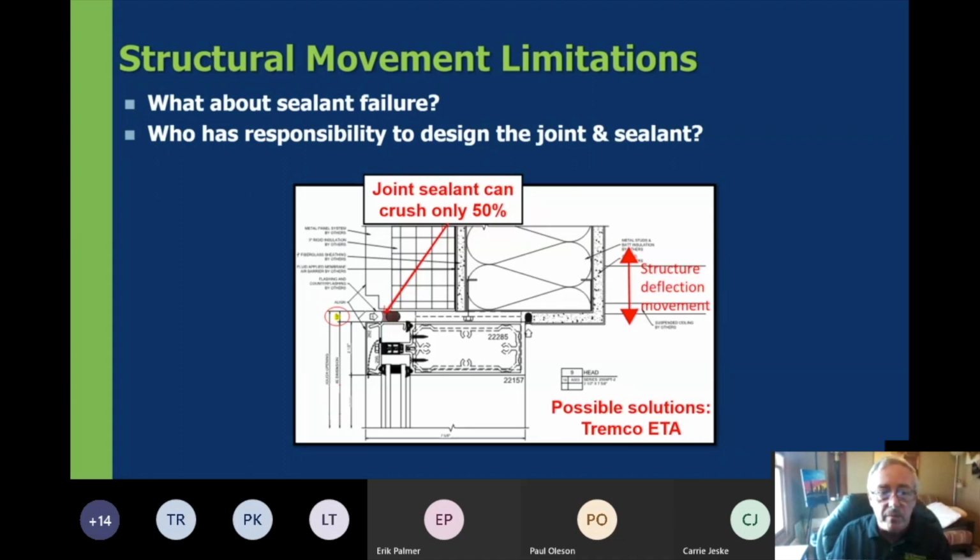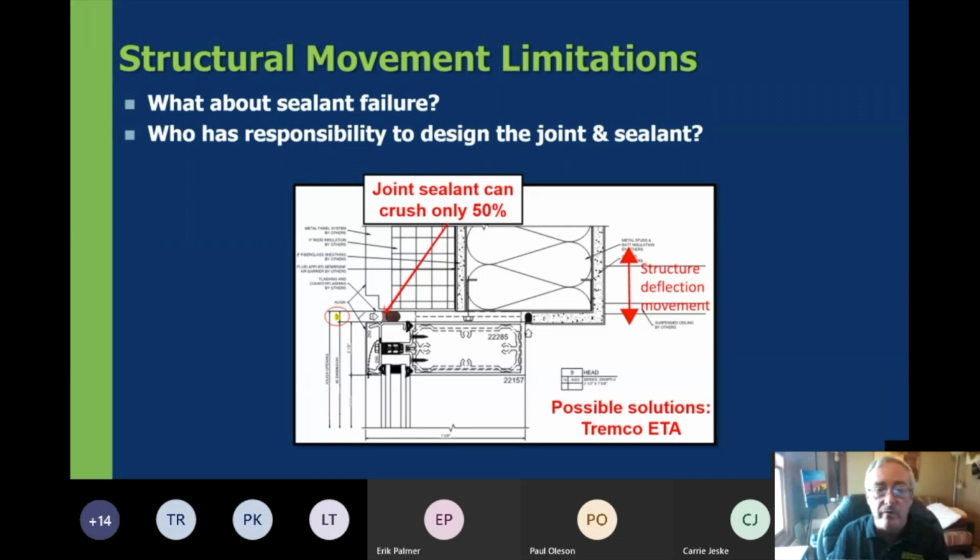So these structural building movements also need to be accommodated at the head of the curtain wall system. Like I indicated before, there's thermal movement upward that needs to be accommodated in the expansion of the curtain wall. And if this is supported off of a beam, as in cold form steel, and we have a section of curtain wall that is over, say, 20 foot wide, usually this cold form steel up here cannot span over that opening by itself, and it has to be supported off of the structure and the beam, which does move downward